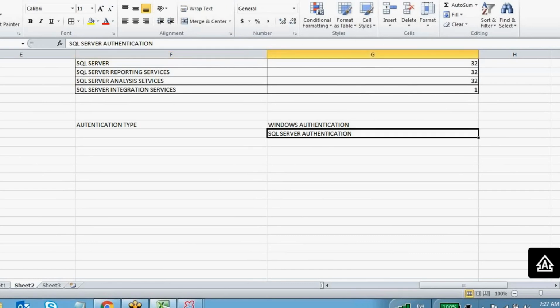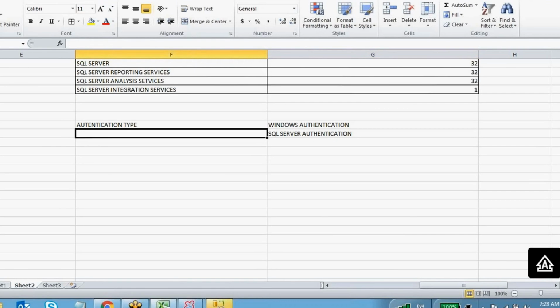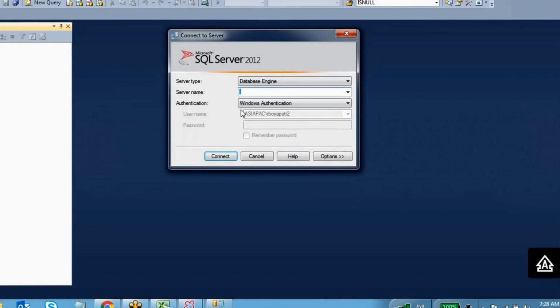Through Windows, there are two ways you can log in. Windows authentication means whatever Windows username and password you use to log into this computer, the same is used to log in. At installation time, you enter your Windows username, and then it automatically allows you to log into SQL Server. SQL Server authentication means you can create many SQL Server logins. By default, at installation time, the username is SA and the password you have to enter at installation time.